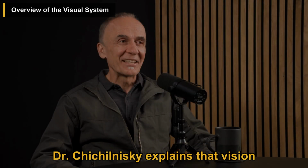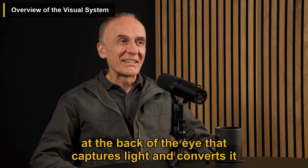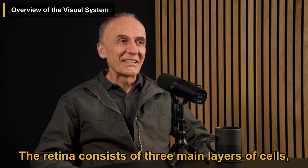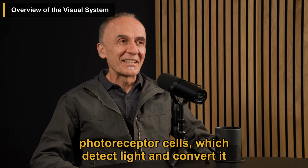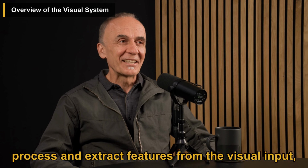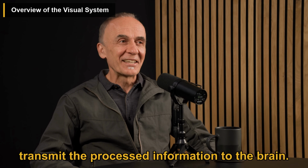Dr. Chichilnisky explains that vision begins in the retina, a sheet of neural tissue at the back of the eye that captures light and converts it into electrical signals. The retina consists of three main layers of cells: photoreceptor cells, which detect light and convert it into neural signals; intermediate cells that process and extract features from the visual input; and retinal ganglion cells, which transmit the processed information